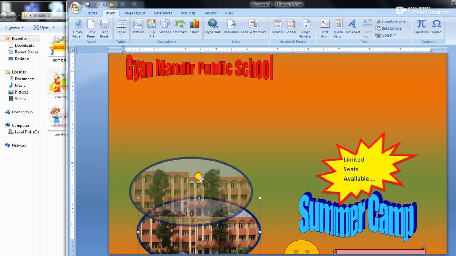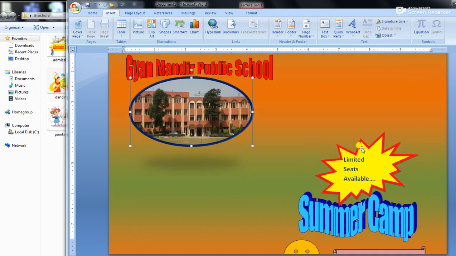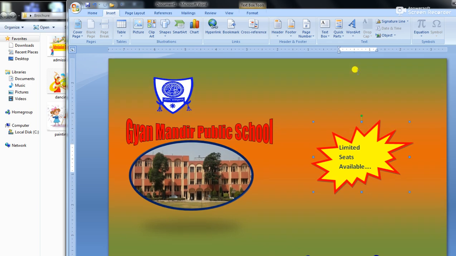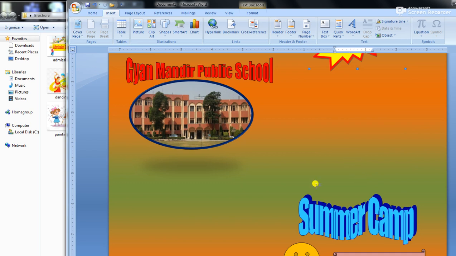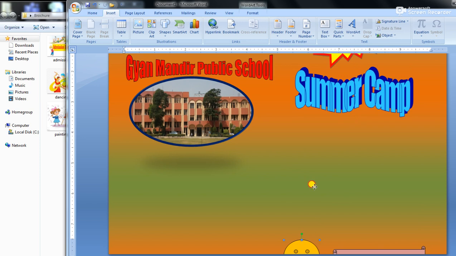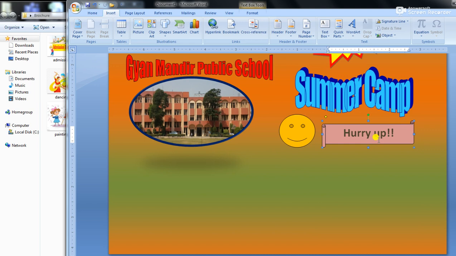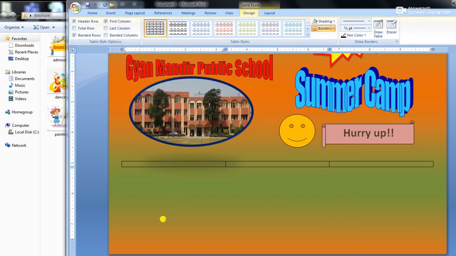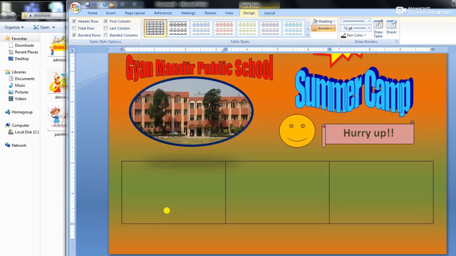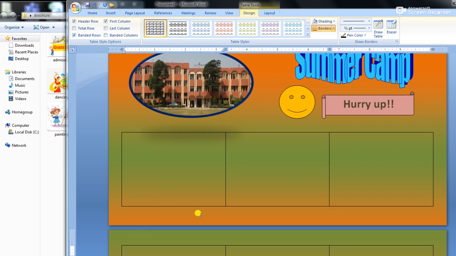Once it will do like this and once it will come down, no issues will be there. We have to drag everything at the original position. So drag it here, smiley as well. Okay, now my cursor is here. Now I can draw the table very easily. I'm taking 3 columns. So by putting the enter, more space can be created, right? So here